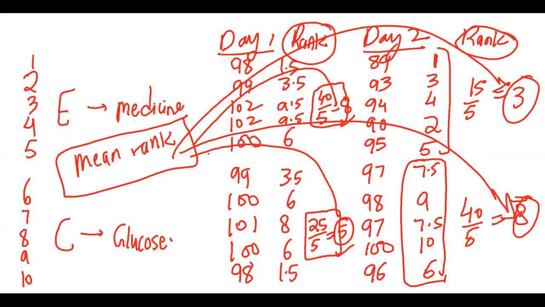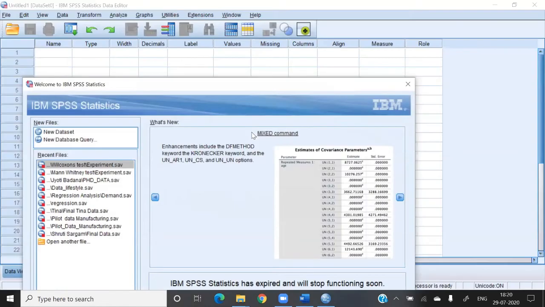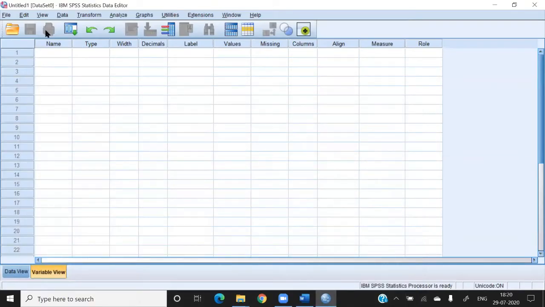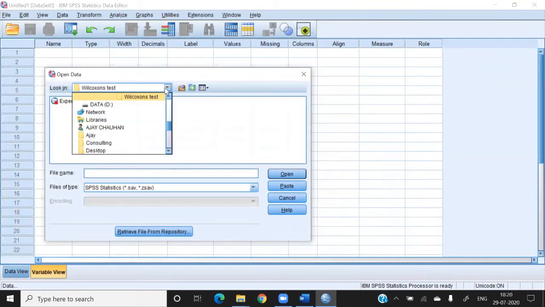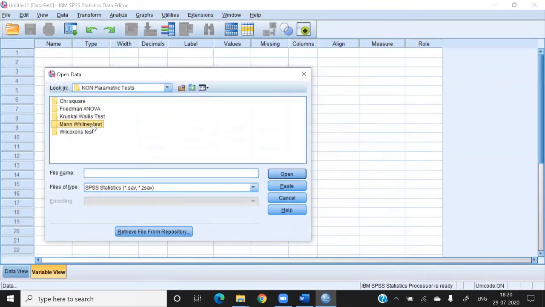Great. So now I'm showing you the concept of Mann-Whitney first. Let me open the SPSS file. And first of all, I will show you the Mann-Whitney test, which is calculated on the basis of the mean rank. So let me share the SPSS file. Okay. Now we have the SPSS file, and I already shared my data with you. So here, first of all, I am going to the Mann-Whitney folder, and let me open this.